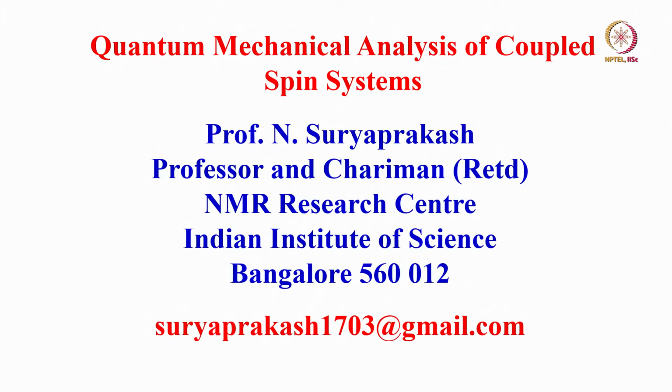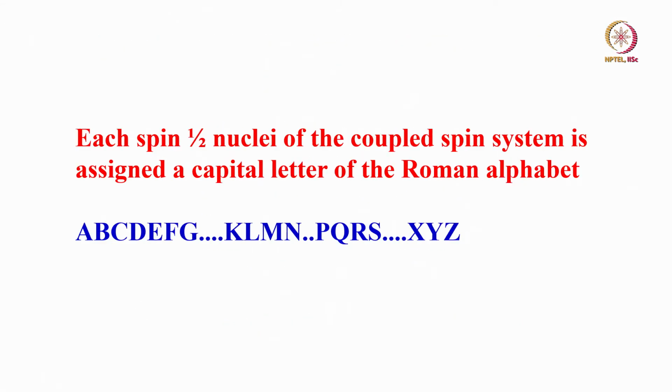A lot of things we discussed. Those are all very much useful. That knowledge is essential to understand these things. At least it is needed. So those of you who missed this, again it is mathematically oriented, this course, this part. If you miss something, please refer to that and you will get the point. Okay. So with this we will start with quantum mechanical analysis of coupled spin systems today.